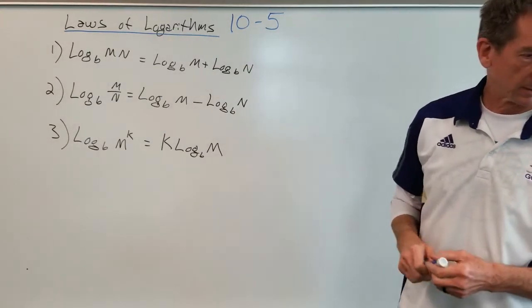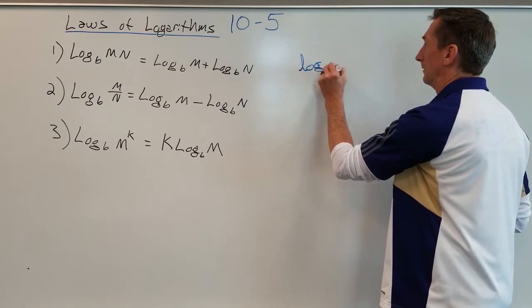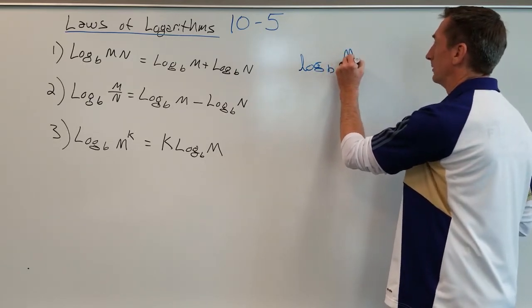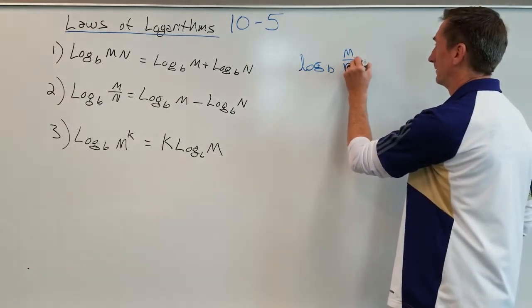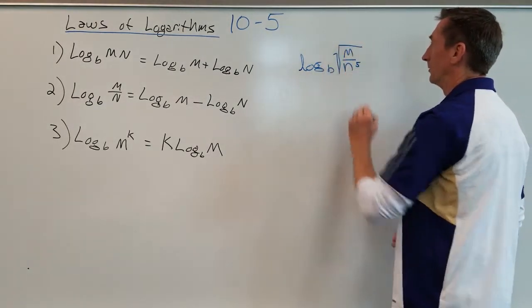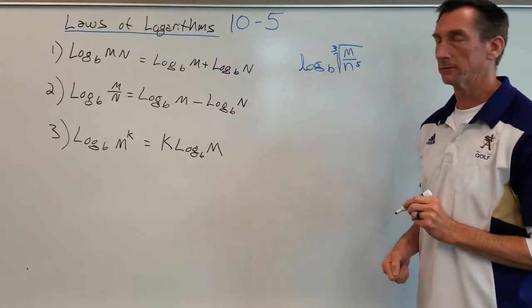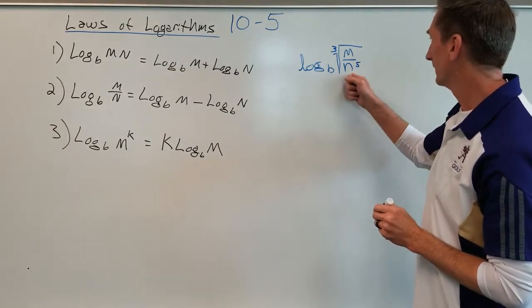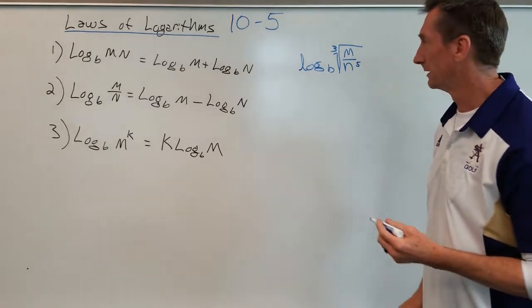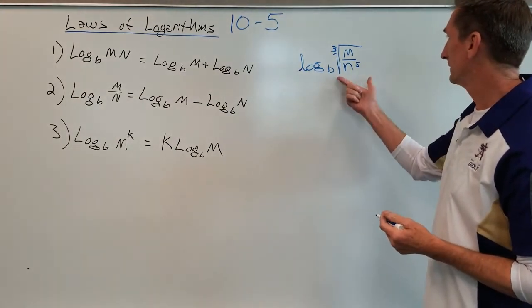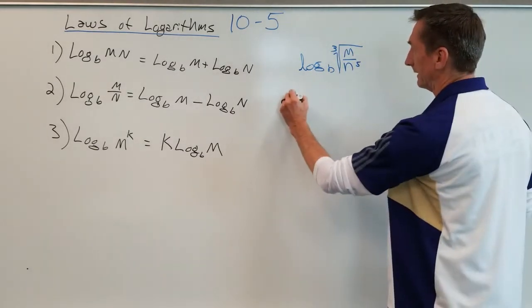Okay, suppose I have log of m over n to the 5th, the whole thing, let's go cube rooted. Okay, so the cube root of m over n to the 5th. Simplify that thing so I can deal with it. Okay, first thing I'm going to do is this whole entire thing is cube rooted. So I can rewrite that as log